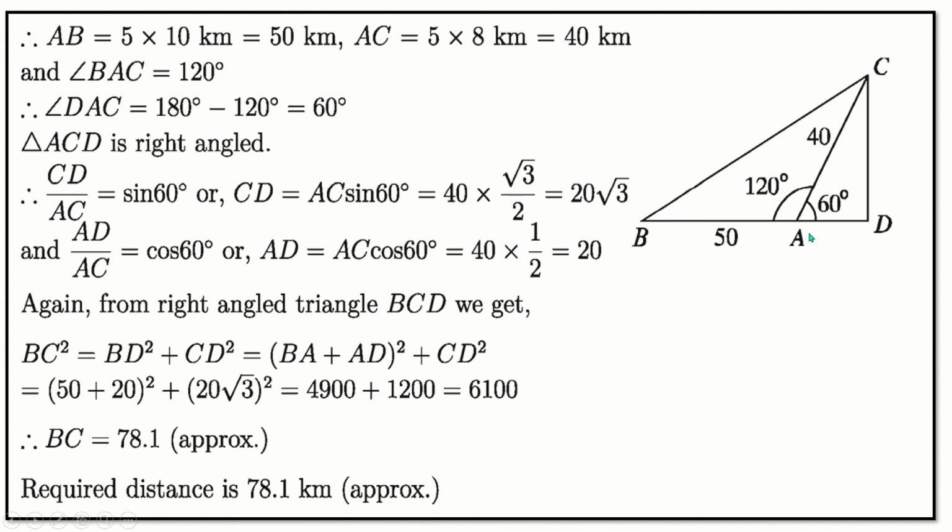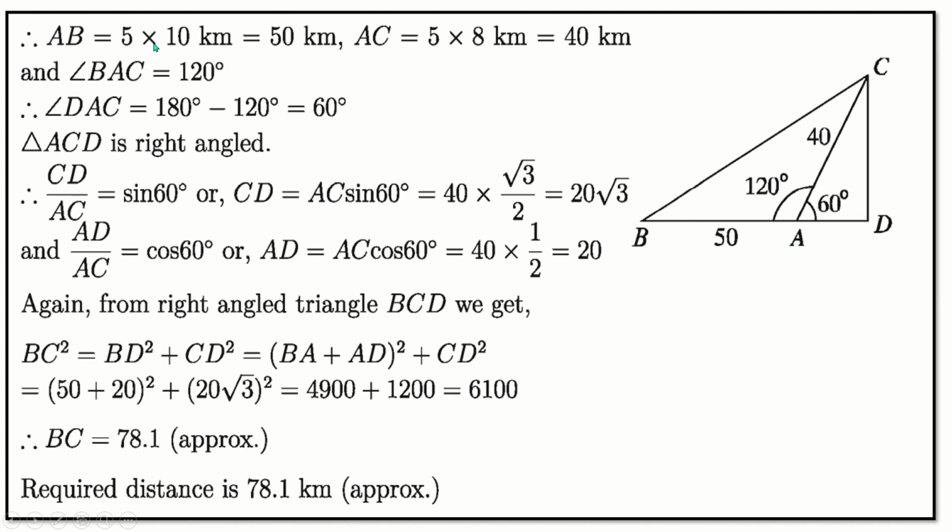At first we have to find the distance AB. One person's speed is 10 km per hour and another person's is 8 km per hour. This is a velocity, and the given time is 5 hours, and we know distance is equal to velocity into time, that means d = vt.